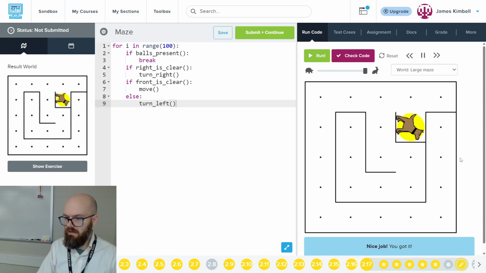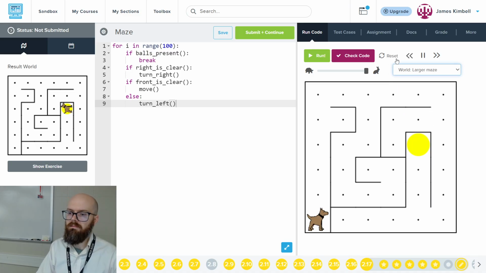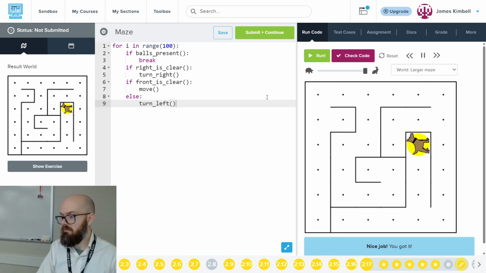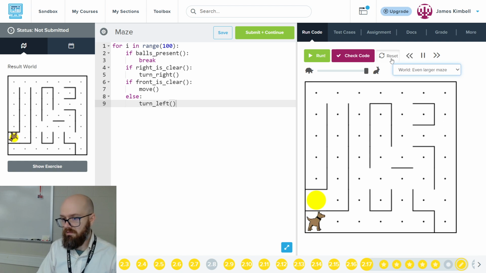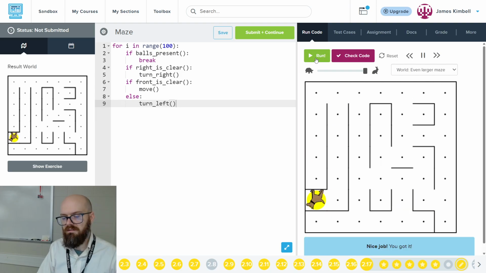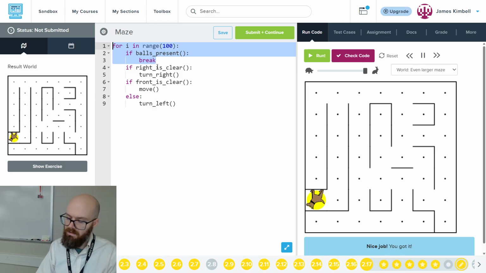So let's think about the third one. Yeah, it ended up trying a bunch of paths that were dead ends, but it got itself out, which is great. What about over here? Hey, we got that one too. I actually thought this was going to be wrong, but this might be right. This might actually get us to all the... Yeah, I thought this was going to fail, but now that we've got it, let's turn it back into that while loop that we talked about,